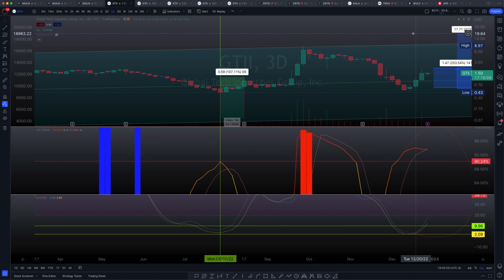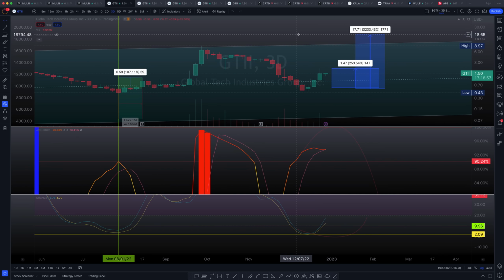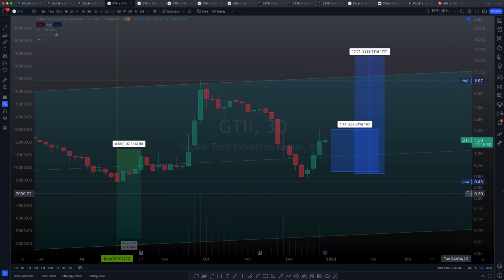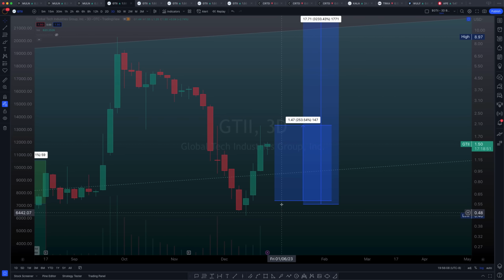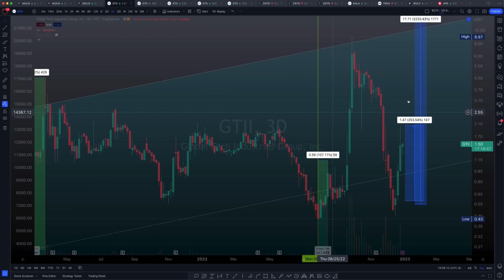Now if we get away from volatility and momentum and just take a look at the candle structure, you can see here that we're still in a healthy path. Okay, and the highest move that we've made thus far from the implied